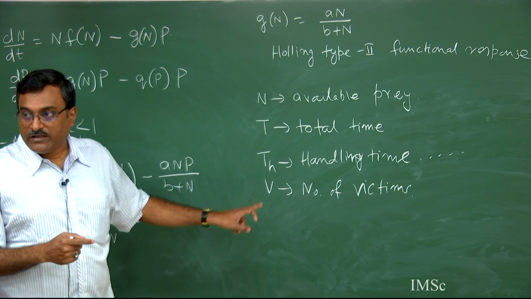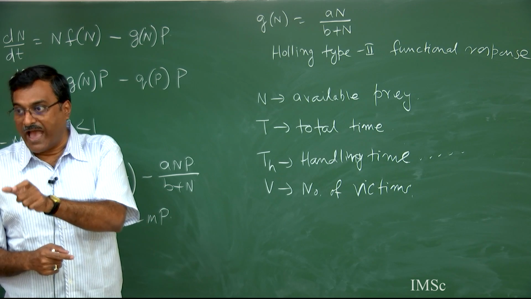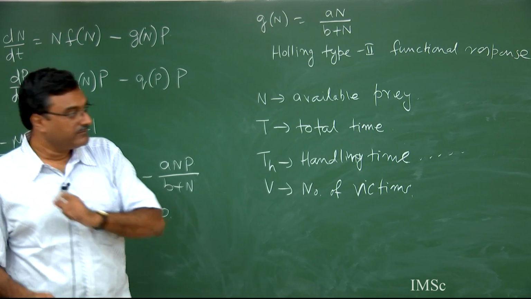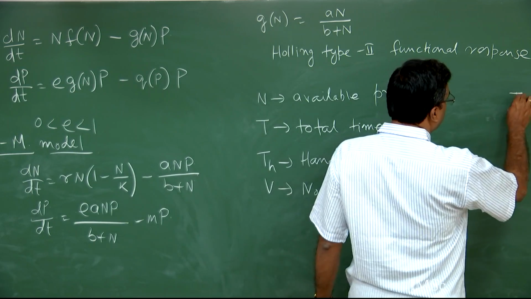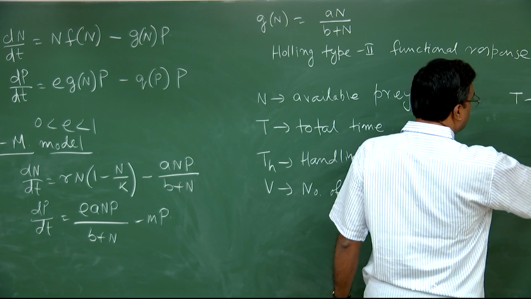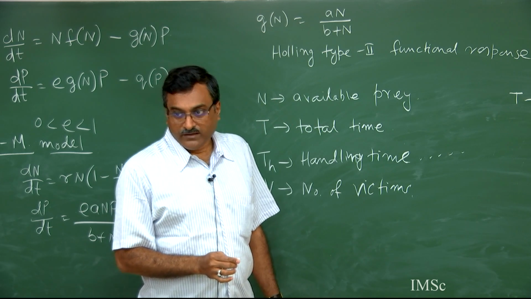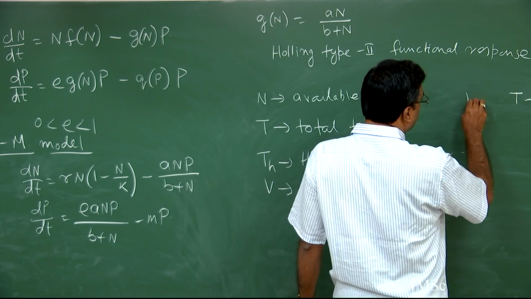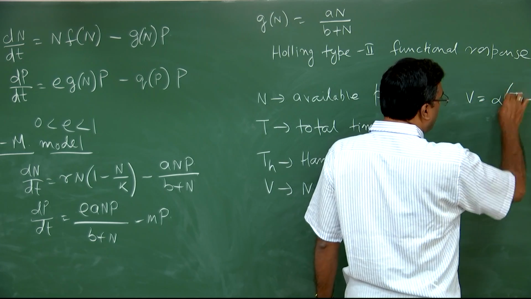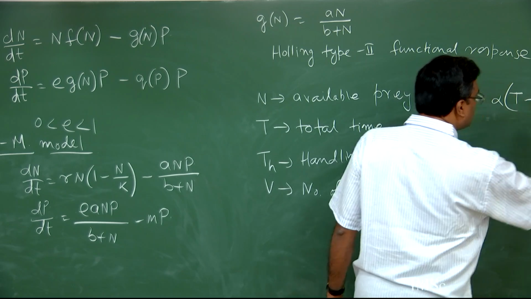So therefore, the time available for searching the prey is given by T minus TH into V, correct, and as per the assumption V equal to alpha times this into N,